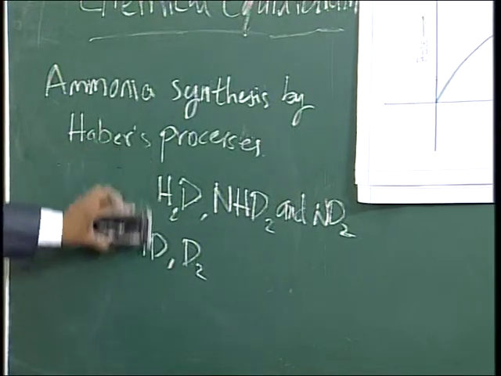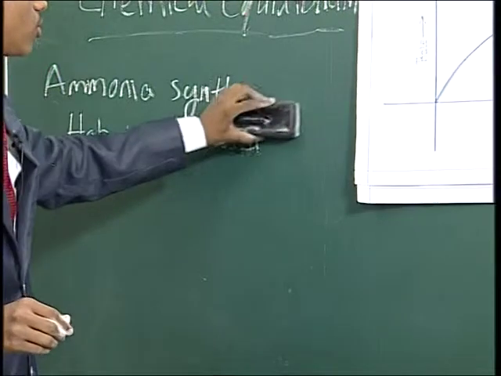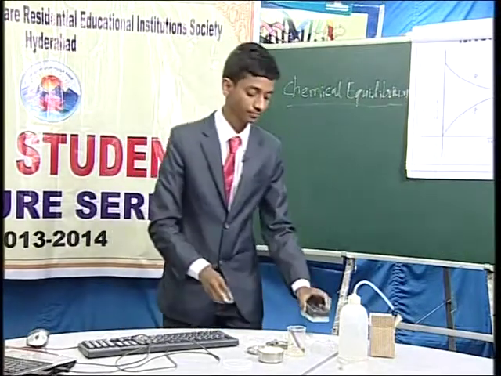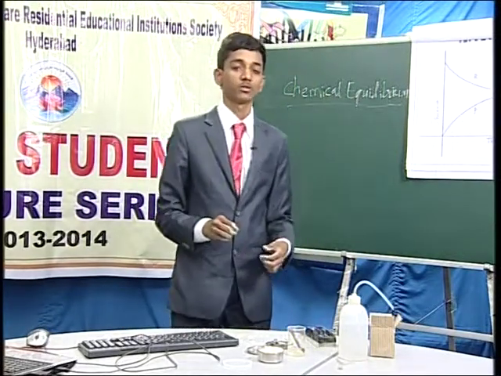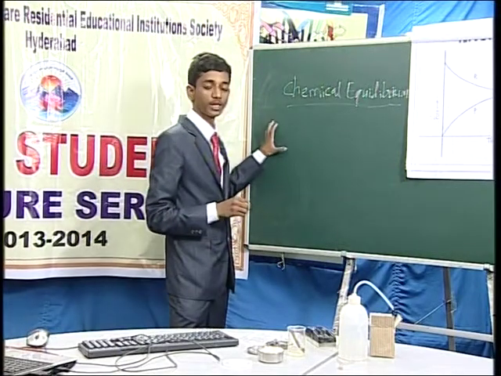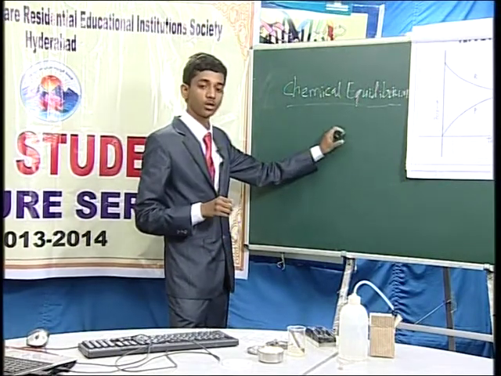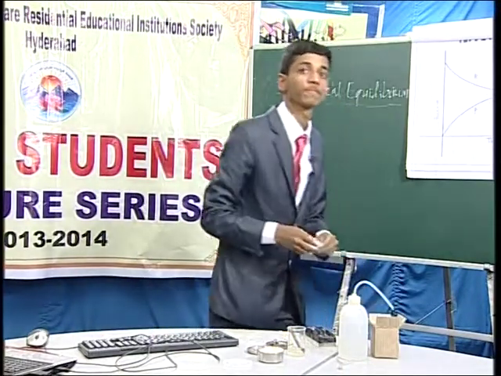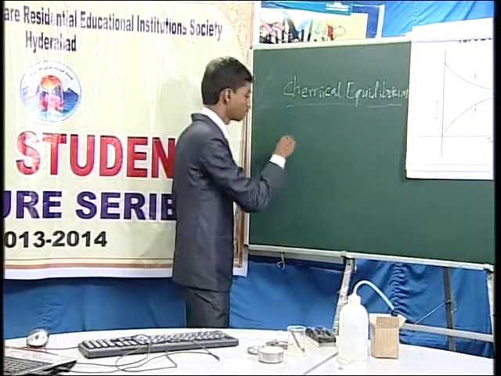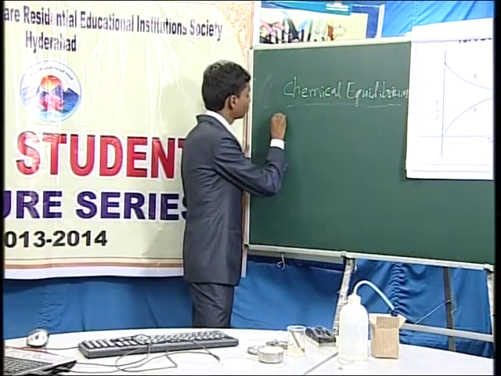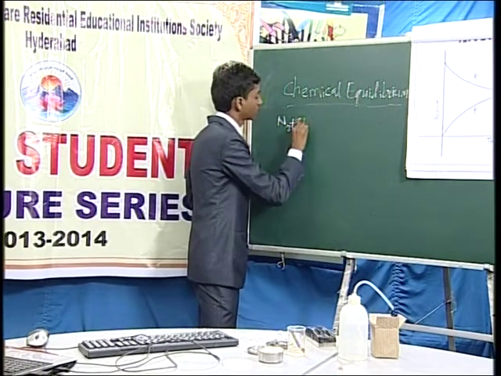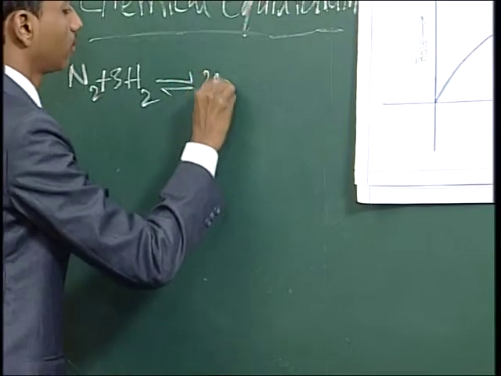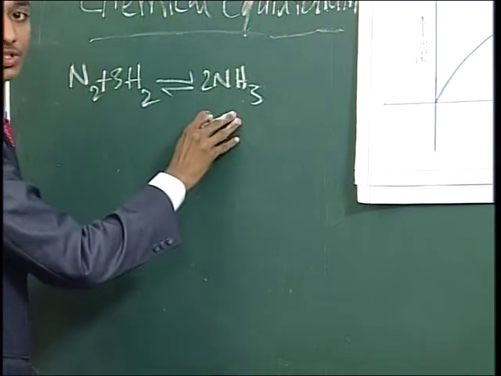When these reactions reach the state of equilibrium, there is a mixing of isotopes in this way, and in reversible reactions, we can attain equilibrium by taking the reactants and getting products, or by taking the products and getting reactants. Let us consider an example. When we take N2 plus 3H2, we can get 2NH3, right?